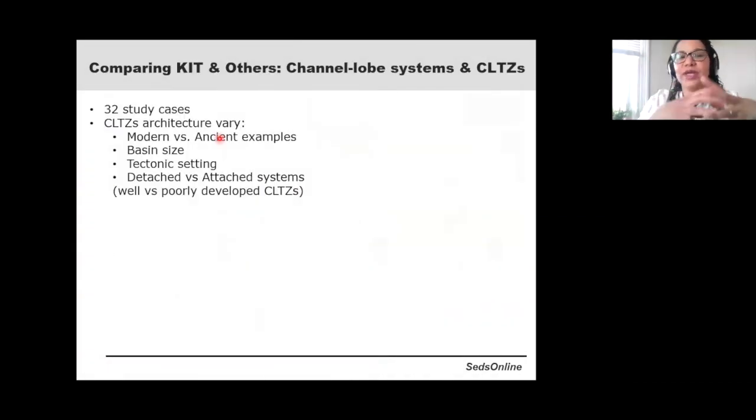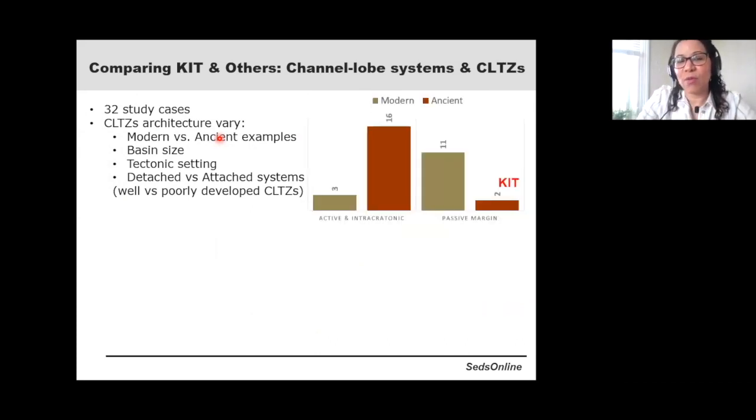Now, one more thing that we did is we started looking at, okay, this is a very interesting idea that was happening in the Casa-Isa transition. Now we were looking into other cases around the world, in modern and ancient systems, and do they compare to what we see in the Windermere? And this was quite surprising. Well, one thing that we found is that the CLTZ architecture depends on different factors,